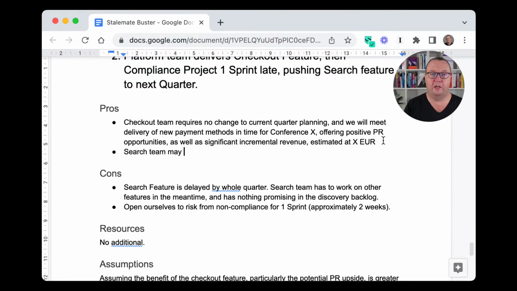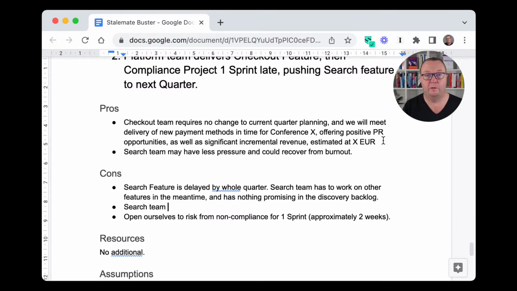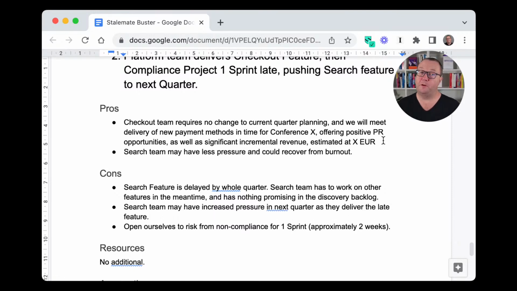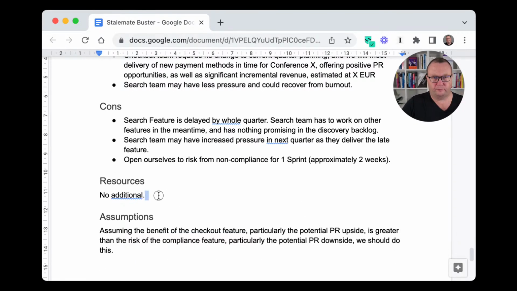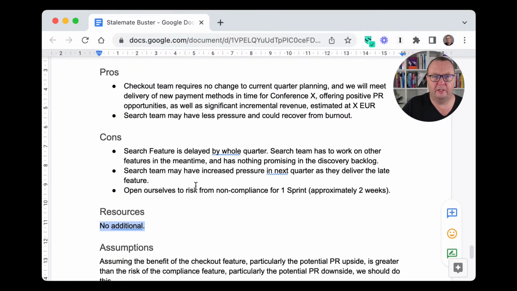Search team may have less pressure and could recover from burnout. But the problem here is that search team may have increased pressure in next quarter as they deliver the late feature, right? And we open ourselves to risk for non-compliance for 1 sprint, right? So these are the things, and the resources we need here, in this case, we'd have to